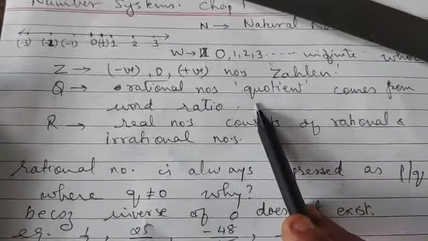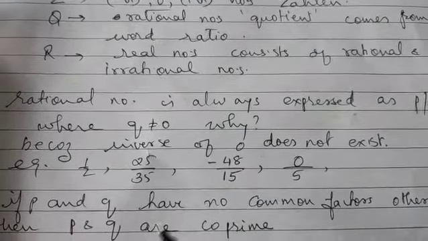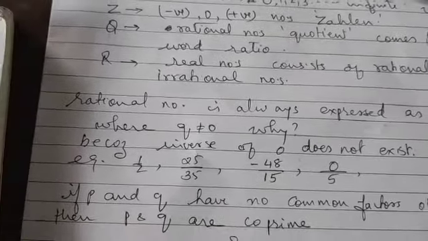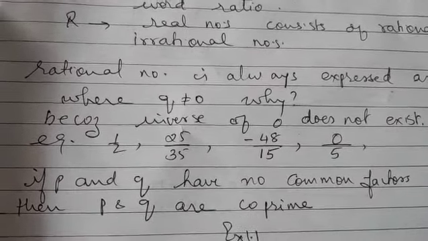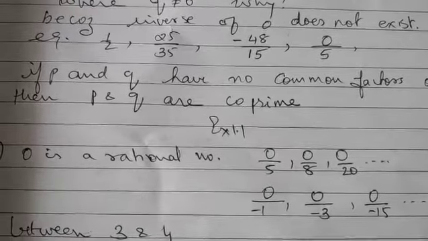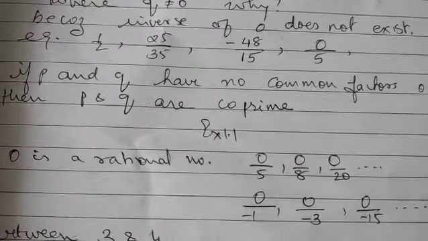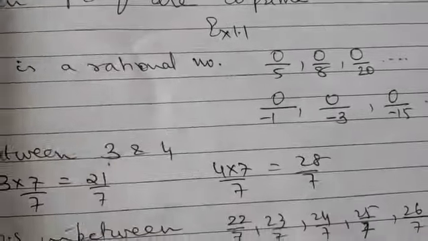Clear? Now you must have also calculated sums wherein they may ask you to find rational numbers between, say, two fractions. Such type of sums you must have got. So let us take up such type of sums over here. For an example, say here they have given to you, find 5 rational numbers between 1 and 2.